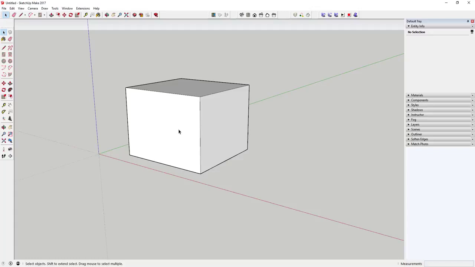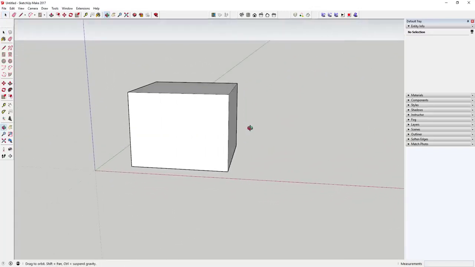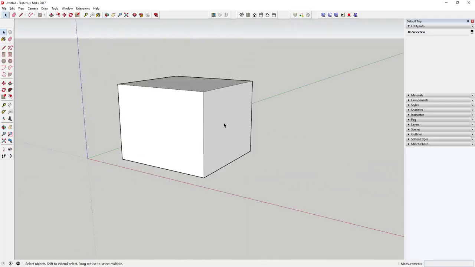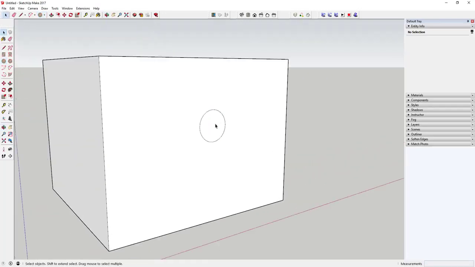But the fastest thing is going to be to hold down your center mouse button and drag your mouse to orbit around your model. And you can see how I use the push-pull tool to extrude this object into 3D. Not only can you extrude objects into 3D, you can also use this to cut holes in different faces. So if I come in here and I draw a circle, and then I activate the push-pull tool,